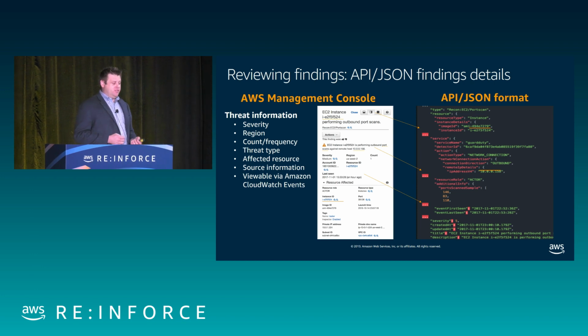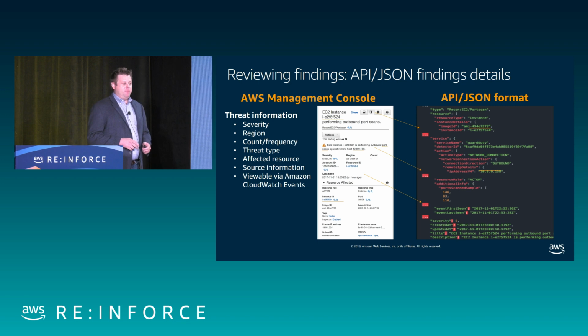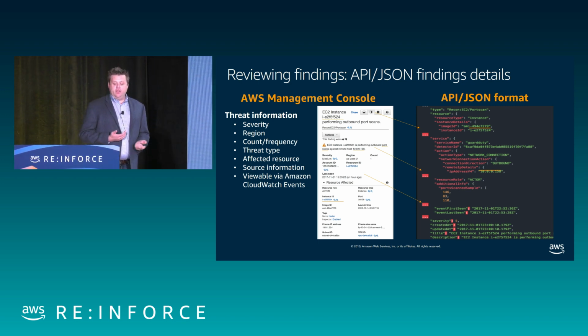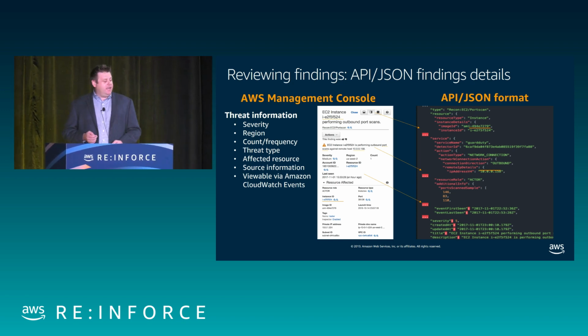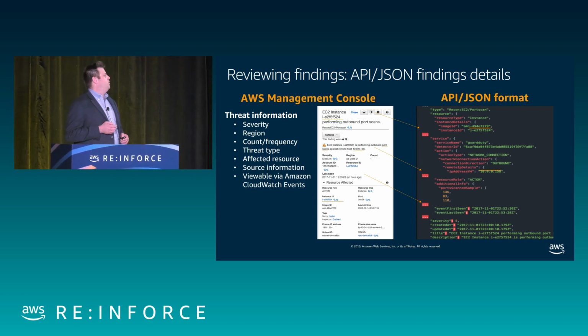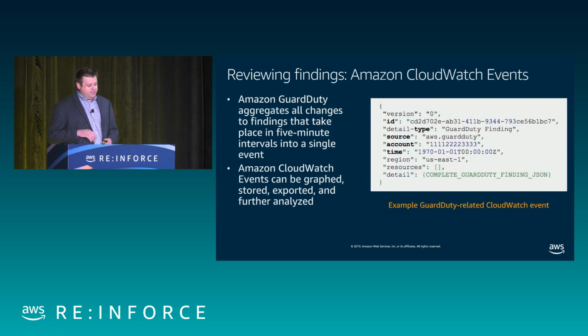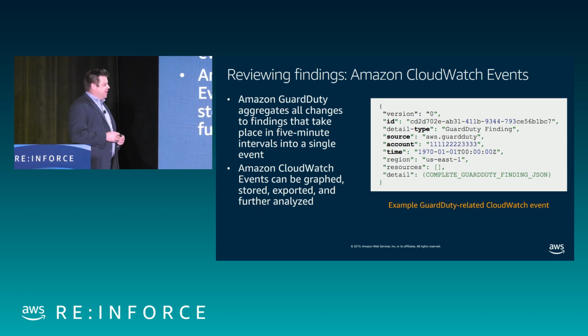The findings themselves also, again, are available in JSON through our API. So this allows you to call our API and consume them in code yourself. However, most of the time what we see is customers retrieve them directly through CloudWatch events. So CloudWatch events, if you're not familiar with that particular service, it is a subservice under CloudWatch, but it's essentially